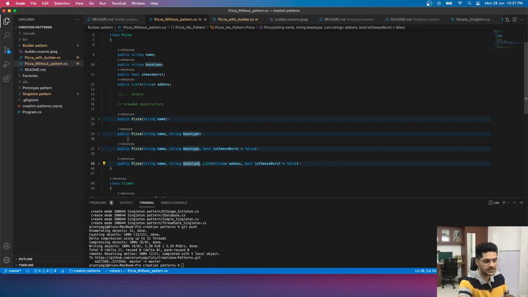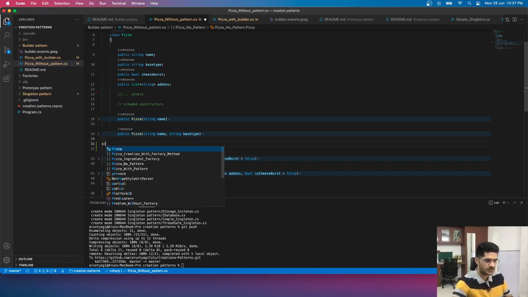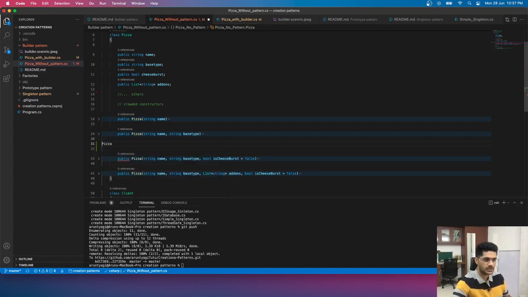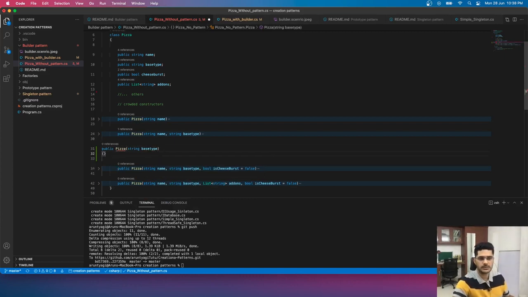Second, we also have a limitation. Let's suppose I don't want to take the name, because when somebody is calling a type I already know what the name of it is going to be. So if I want to give a constructor where you pass the base type only, I cannot do that, right?